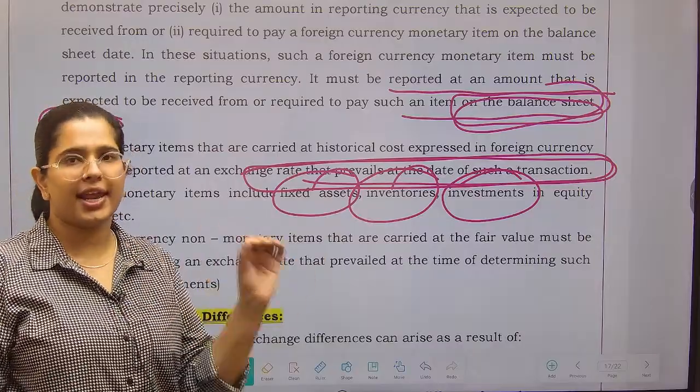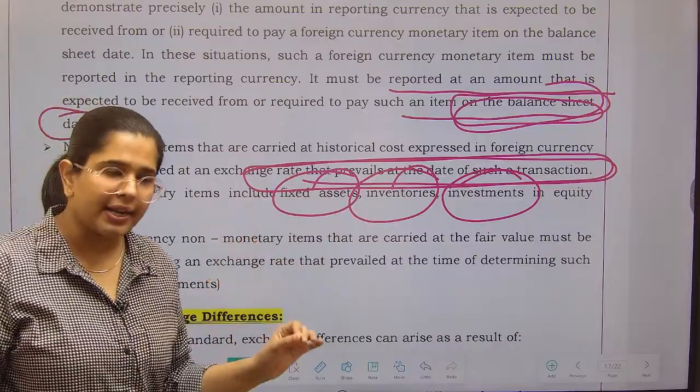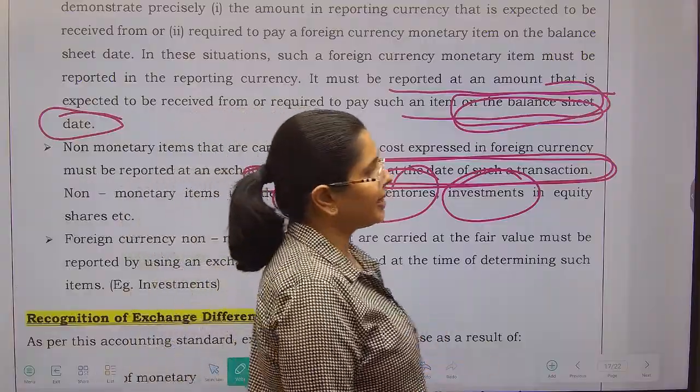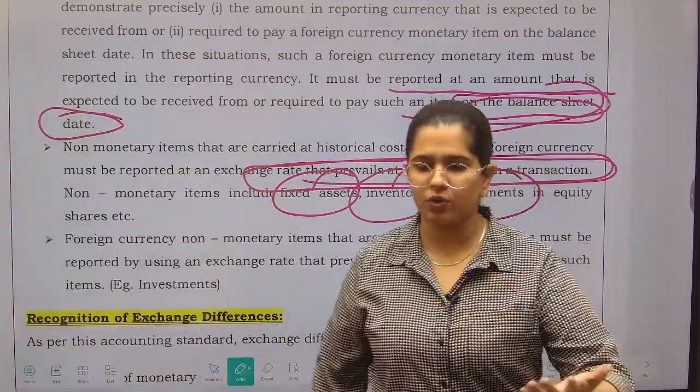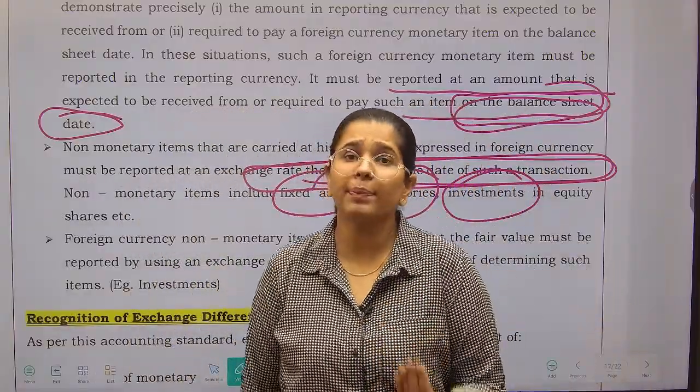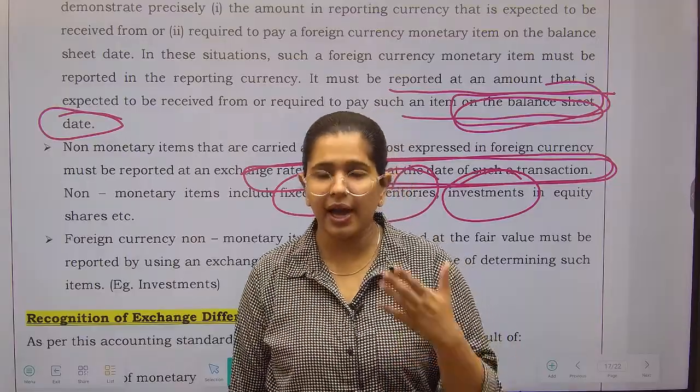There will be no change on the balance sheet date. But why do we change the monetary items? Why do we change the valuation of the loans which I have taken? Because I have to repay it. मुझे repay करना पड़ेगा, and